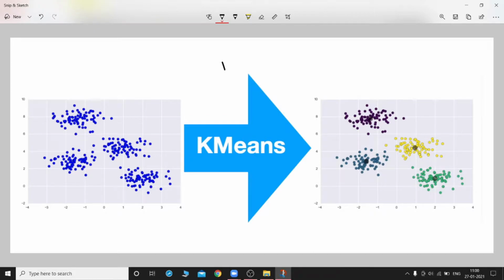K-means algorithm can be highly useful where you collect all this data and you separate them based on their gender and the place they live in. For example, a female from India and a male from America, these two people are definitely separate. K-means algorithm makes sure that you can separate them. Well, this is just an example, so it won't be this simple, but just to make you understand the point.